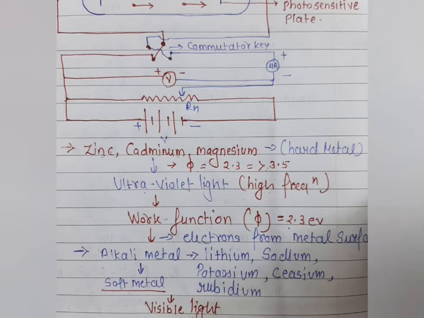I will explain every concept, because each metal has a different work function and each light has a different frequency. The frequency of the light decides the work function of the metal plate, because the frequency of light shows the packet of energy of light, and this packet of energy of light depends upon the work function of the metal. If the energy of the light packet is greater than the work function of the metal, electrons are ejected from the surface of the metal.